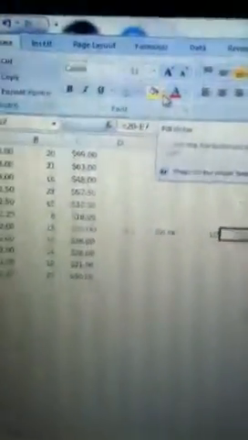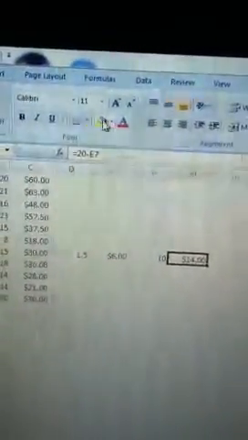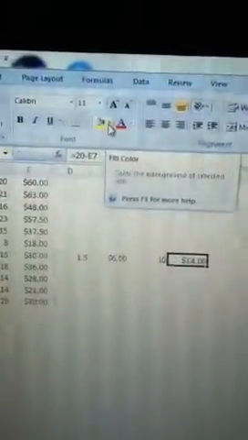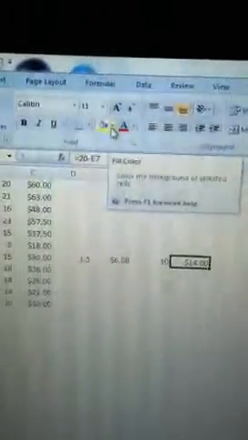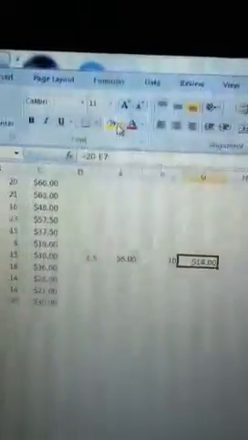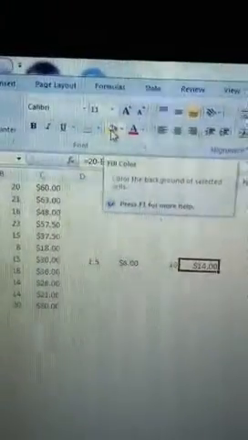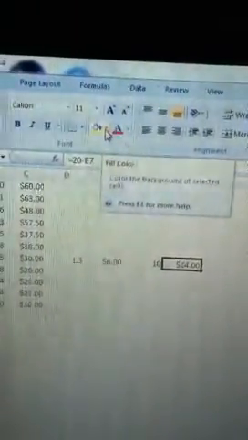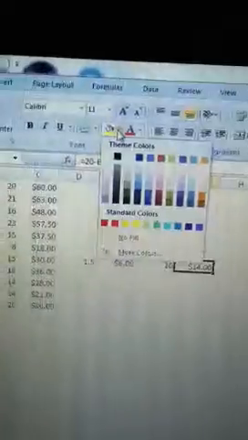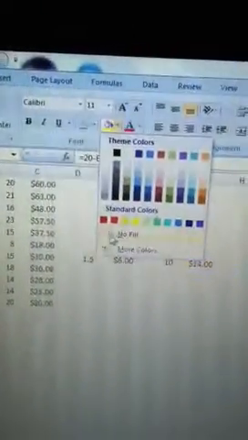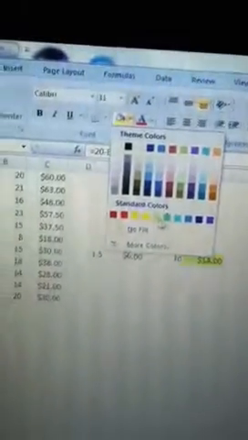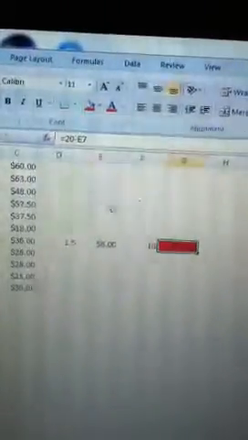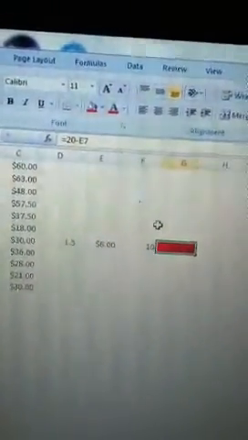There's a way that you can use fill, and anytime that you see this bucket, it's to fill something with color. So you can even highlight it, kind of scroll over it, and it says that it's a fill color, color the background of selected cells. So I'm going to color this just random number, even though it's a positive. Just for this example, I want to show you how to do it. So I can go down here, and you can see as I went down through all the numbers how that cell is changing. If I want it to be represented by red, I can fill that particular cell as red,